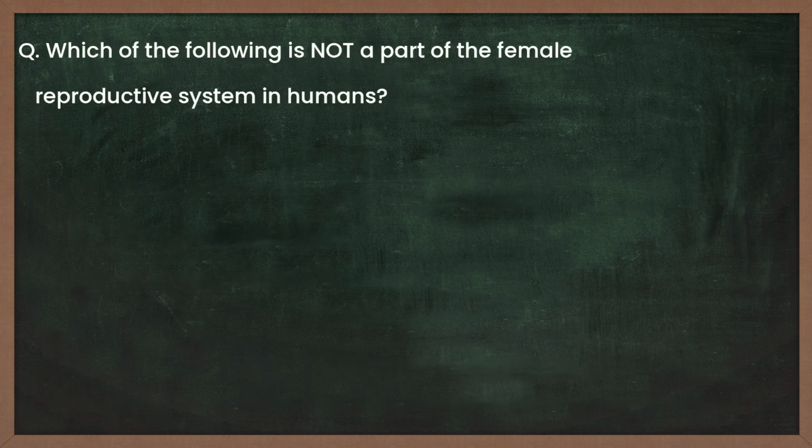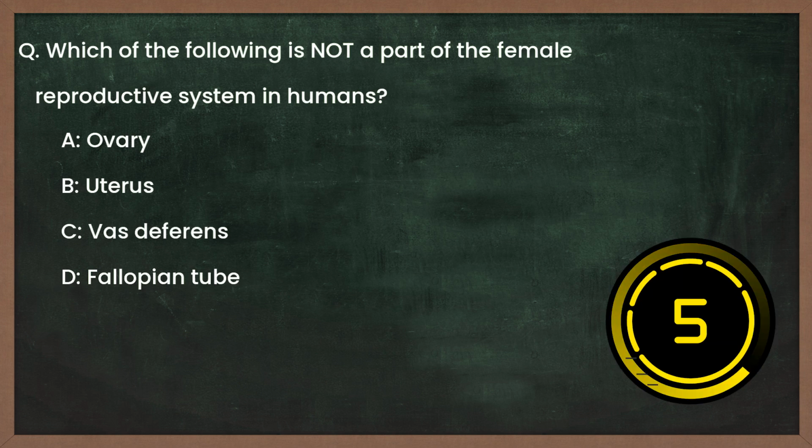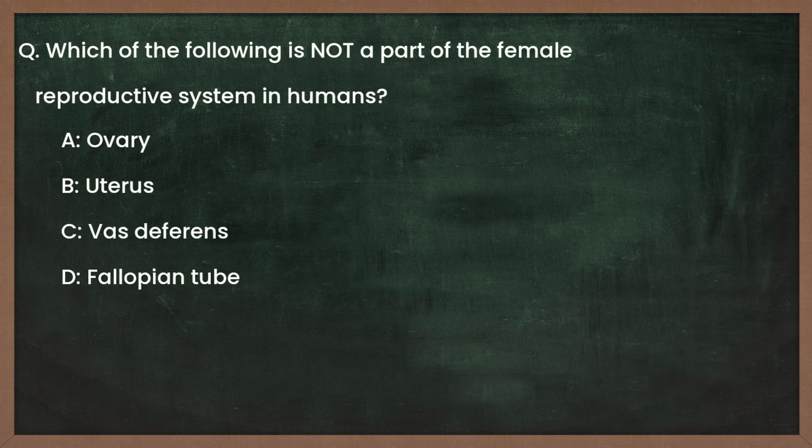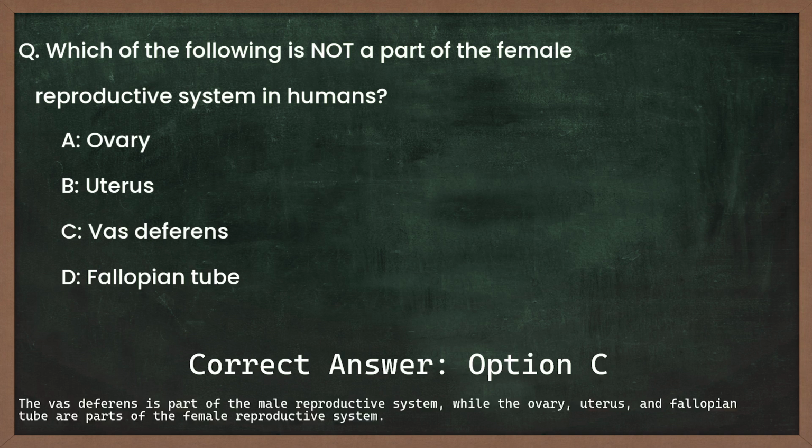Question: which of the following is not a part of the female reproductive system in humans? Option A, ovary. Option B, uterus. Option C, vas deferens. Option D, fallopian tube. You have 5 seconds to answer the question. The correct answer is option C, which is vas deferens. The vas deferens is part of the male reproductive system, while the ovary, uterus, and fallopian tube are parts of